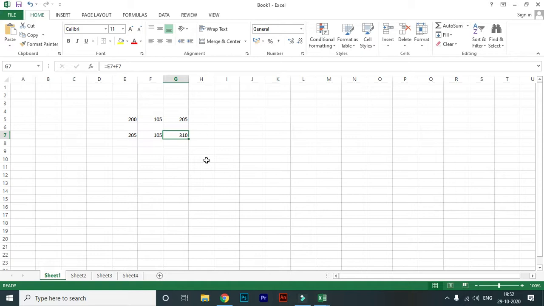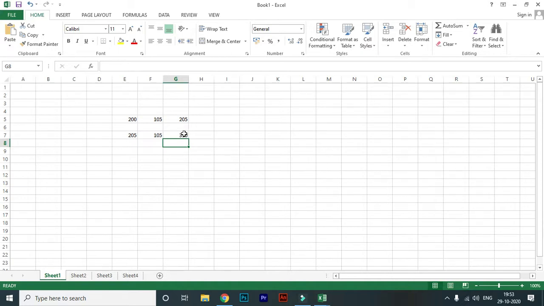That is the difference, because in the first case I add the values of the cells, 100 plus 105, but in this case I am not adding the values, I add the cell addresses of the cells.